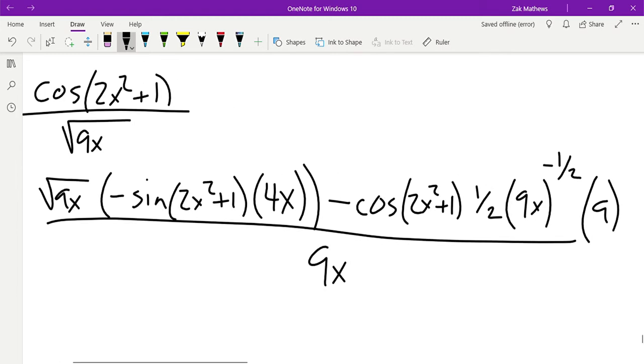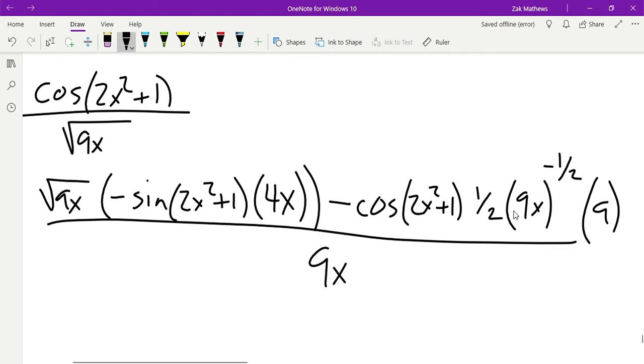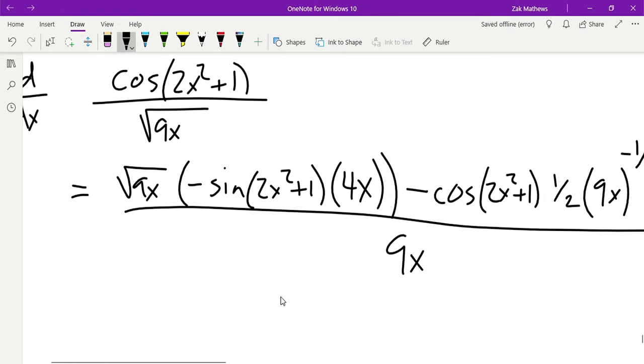Now, a little bit of simplification we could do here if we wanted to. So this 9x to the negative 1/2 here is really in the denominator of the numerator. We never really like to leave negative exponents, especially when terms are matching. So I'm going to multiply the square root of 9x to every single term. When we multiply it to the first term, we get a 9x, but then I also have a negative and a 4x. So that'll be a negative 36x